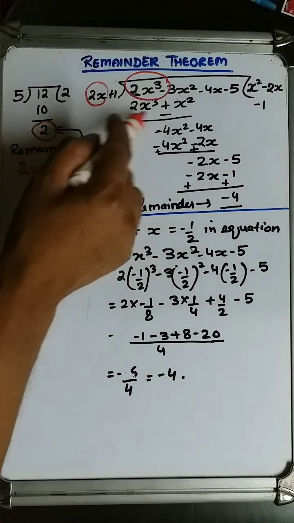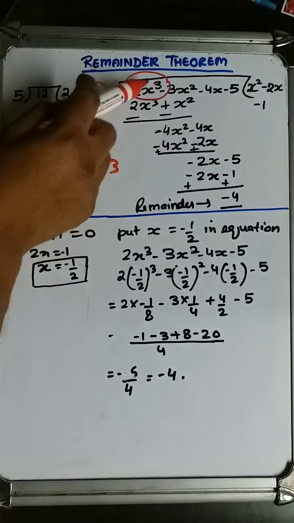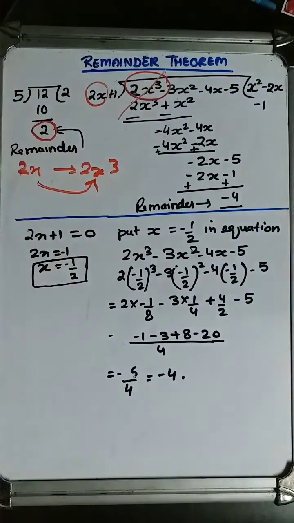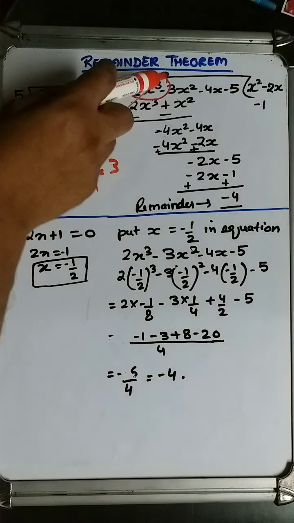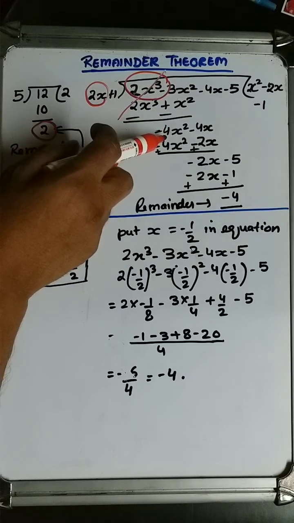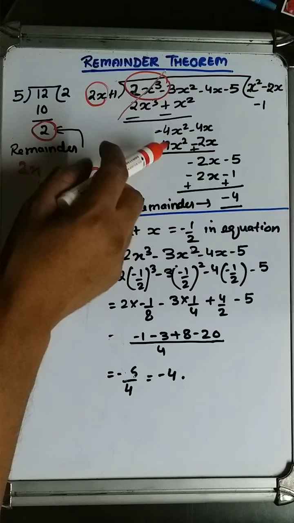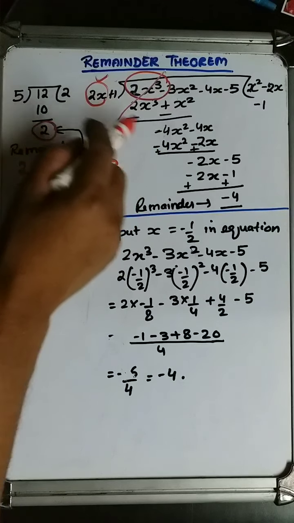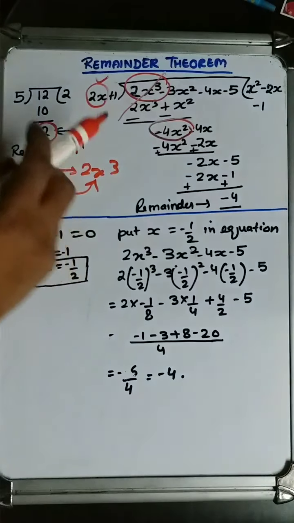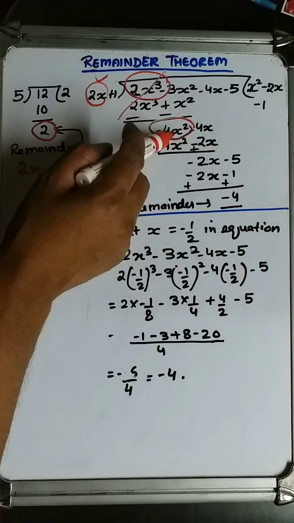Change the sign as usual when we subtract. We change the sign, so this gets cancelled out. Now we are left with minus 3x square minus x square. This is minus 4x square. Copy the next term as we do in division. Now again see first term with the first term. Now this should be multiplied by which term to get this first term?